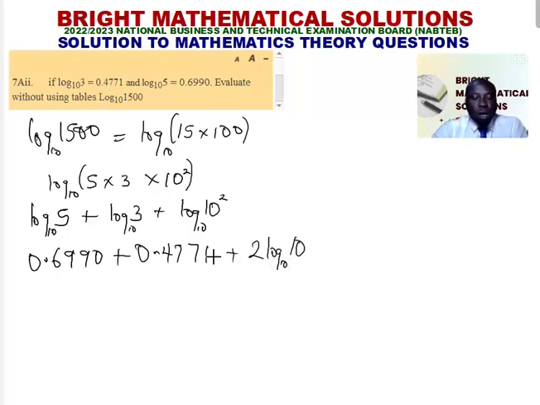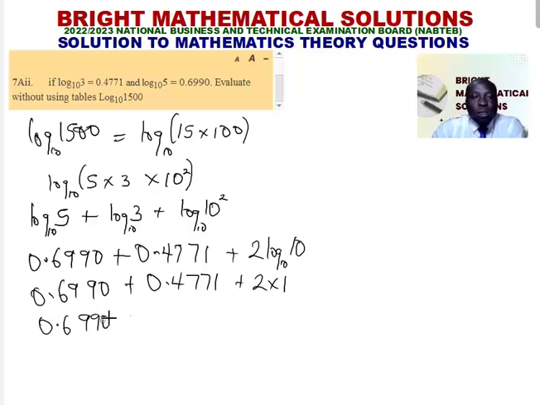So from here, 0.6990 plus 0.4771. Remember, log 10 is 1, so this is plus 2 multiplied by 1. So this is now 0.6990 plus 0.4771 plus 2. So if we add the three values together, it gives us